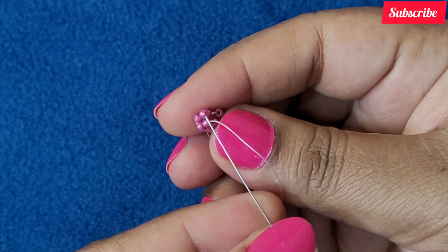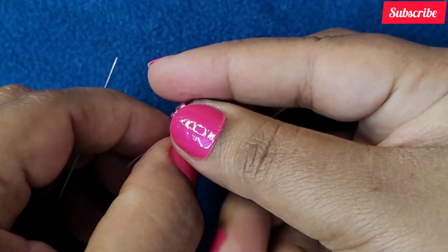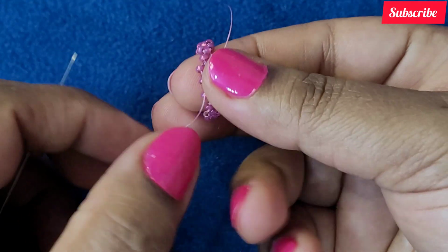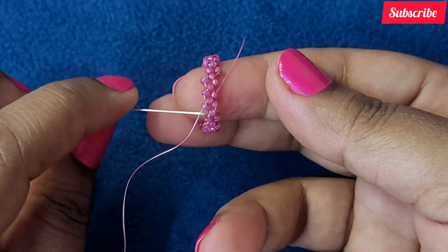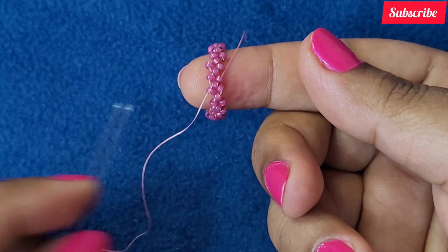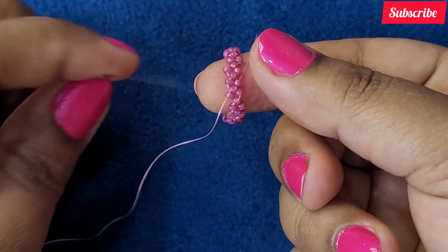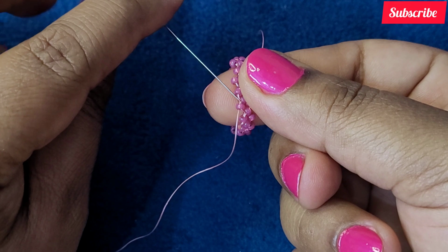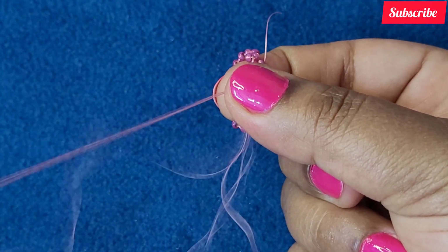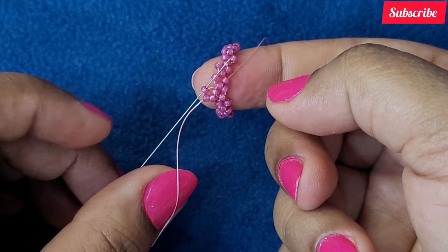Now I will exit through this 11-0 on the top. So this is a ring, and now here as you can see I'm exiting through this 11-0. We would be making another ring over this one. So for this, again I'll be picking up 3 11-0s and make a raw component on the top of it like this. Move up through these 2 11-0s, down through this and into the next raw component